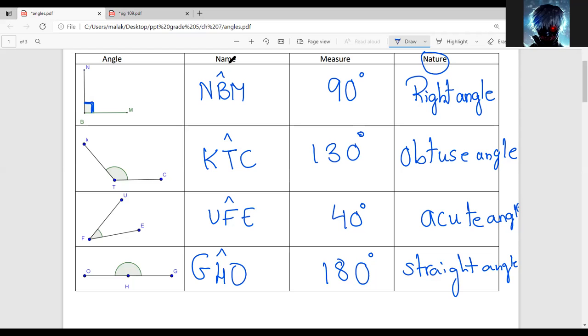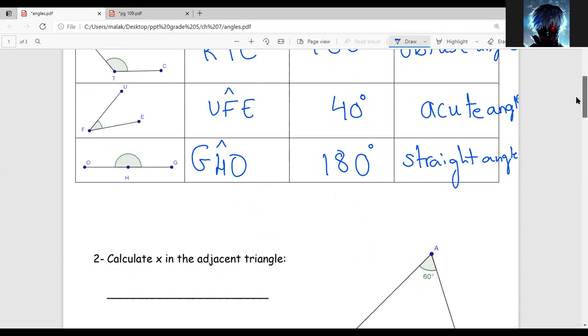So when I say name, you have to name it by using 3 letters. When I say measure it, use a protractor and measure it. Nature means acute, straight, obtuse, or right. Okay? Teacher, when we want to do the exam,